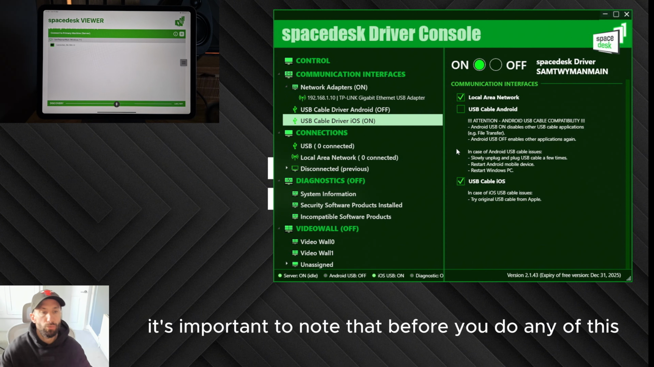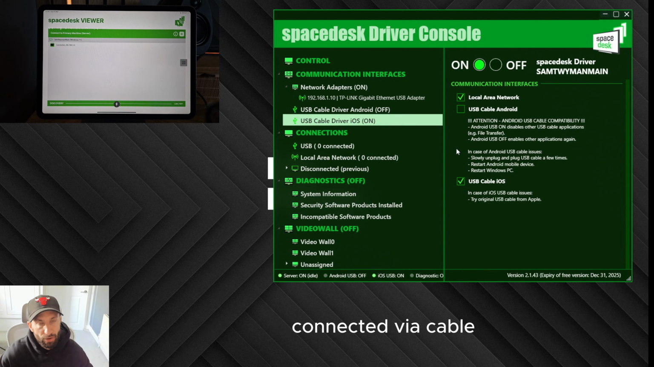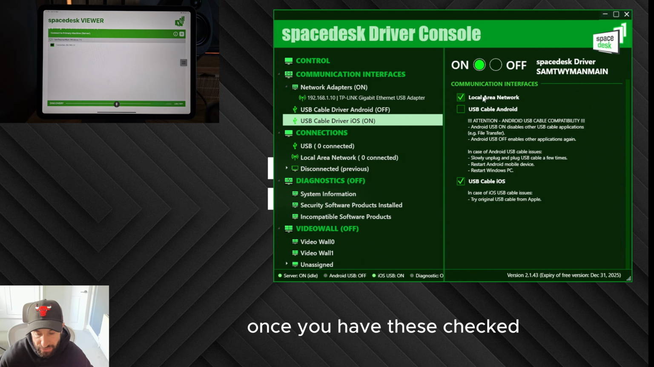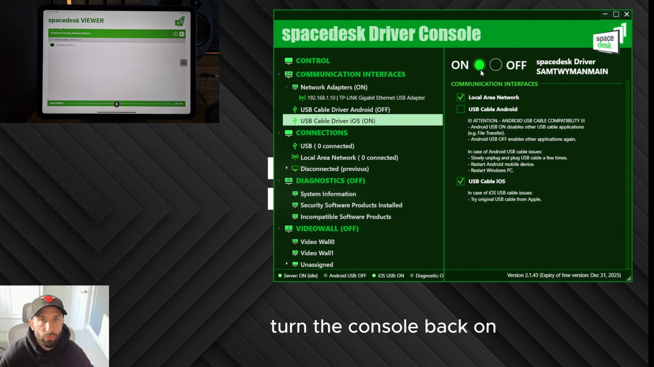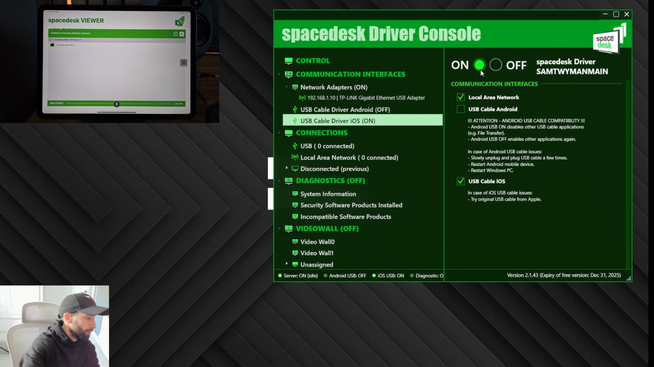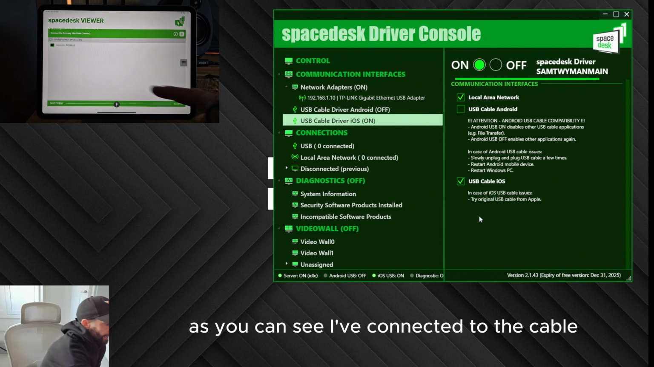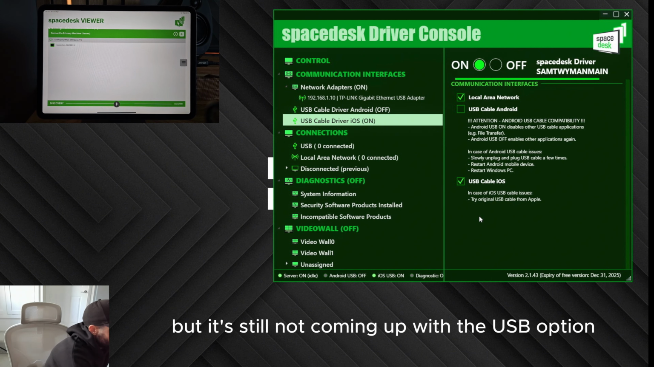Now it's important to note that before you do any of this, you want to make sure that you don't have the iPad connected via cable. Once you have these checked, turn the console back on. Once the driver console is back on, you want to head over to your iPad or Android device and connect the USB cable. As you can see, I've connected the cable, but it's still not coming up with the USB